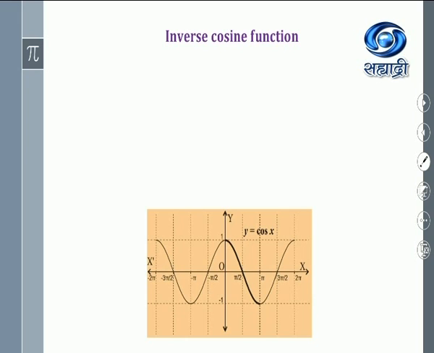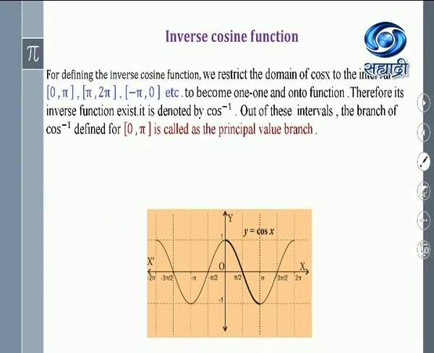So here also we follow the same procedure like we had done while finding the inverse of sine. Now see here this interval 0 to pi. This darkened branch is between the interval 0 to pi. Similarly, pi to 2 pi. If you consider pi to 2 pi, I mean this interval, then again you will get this branch, and if I draw the horizontal lines here, that cuts the branch in only one point.